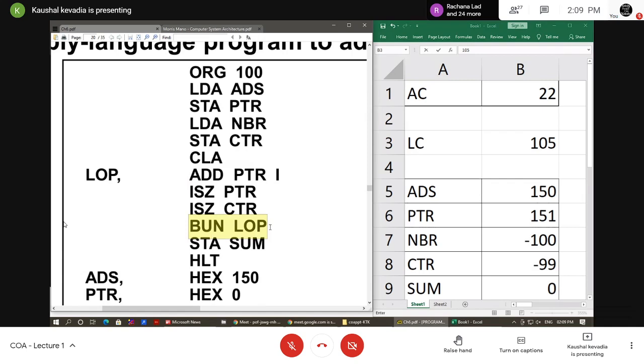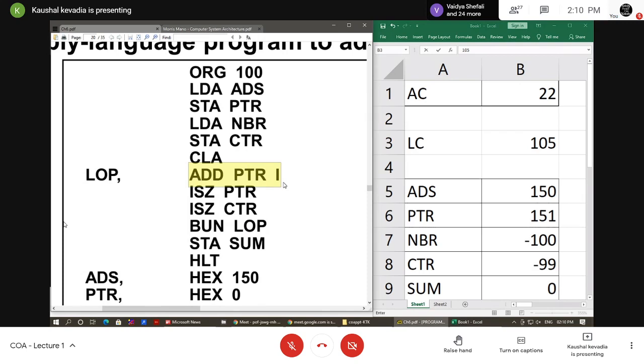Because of this instruction: branch unconditionally, or the branch to this label LOP. It will find out where in the program this label is available. Okay, I got this label name, let me execute this instruction once again.